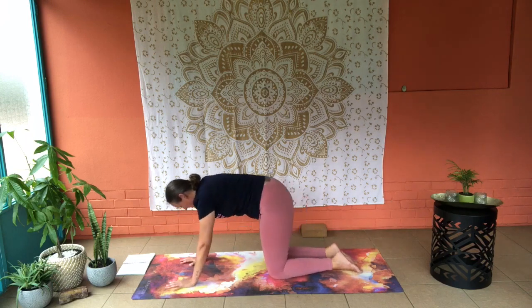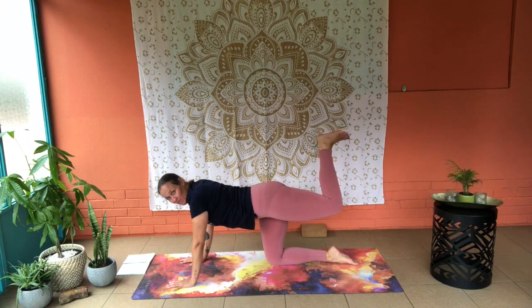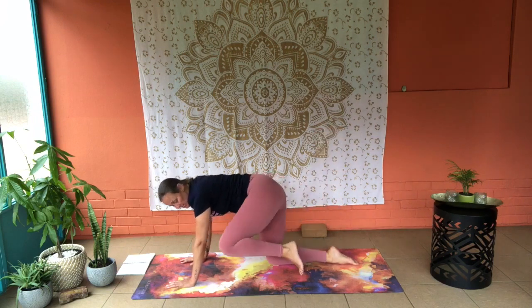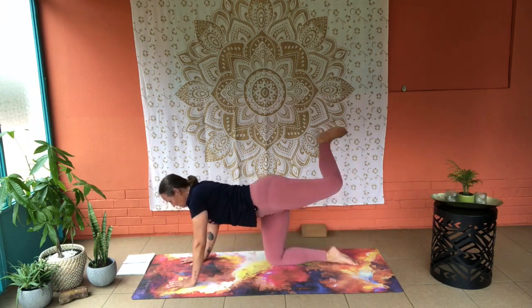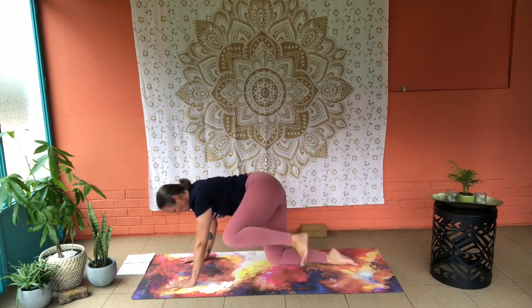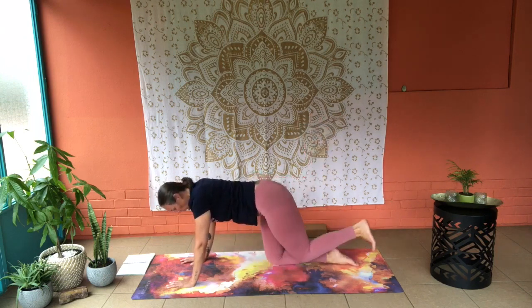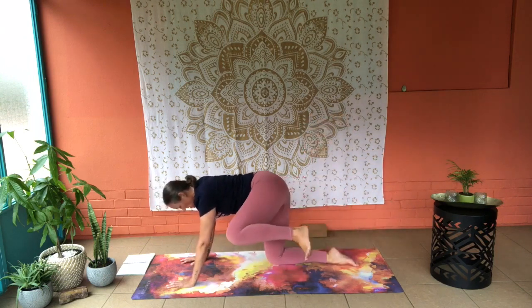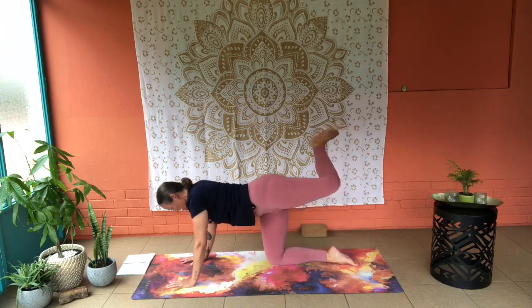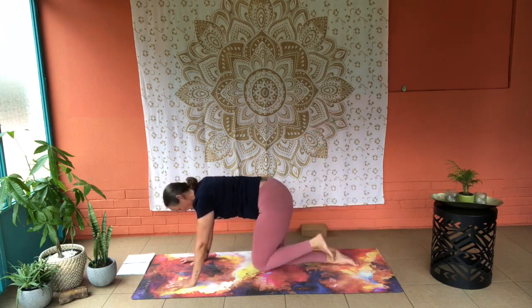So we're starting on other side, sending the left sole of the foot up and drawing the knee forward for 1 and 2, 3, 4, and 5. 6. Let's reverse. 1,